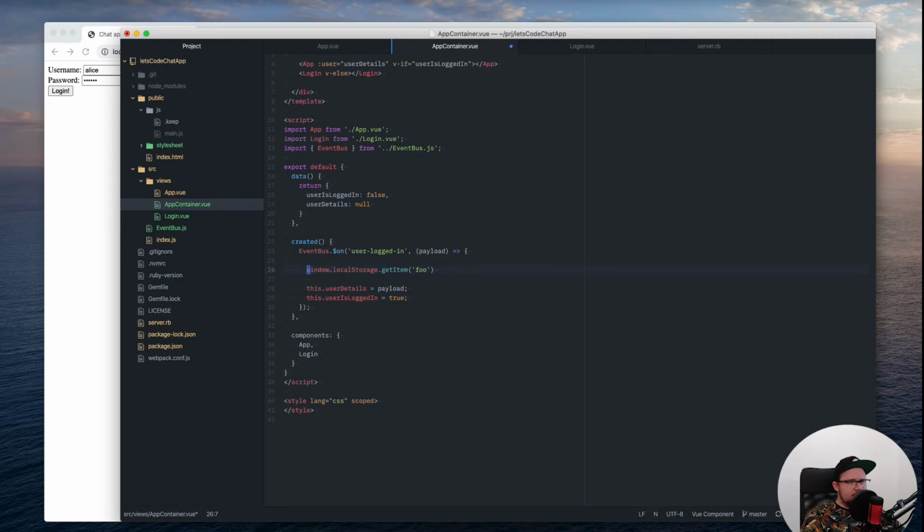Window dot is actually never necessary, because it's the default for global variables of the browser. So I'm going to do set item, and it's going to be the user API token. I'm going to call it API token, not API key, and the value is going to be